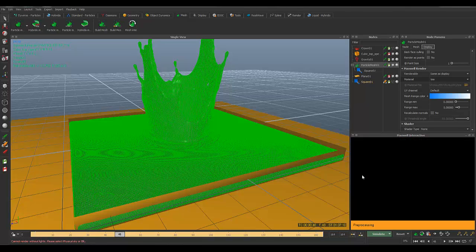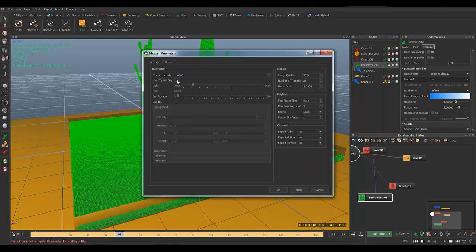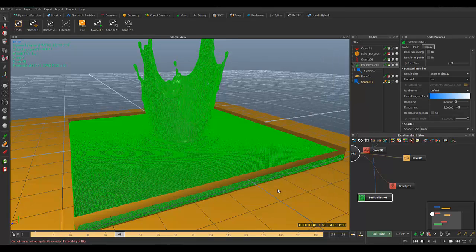Just click on that. Okay, when I apply this, it's telling me it cannot render without lights. Please select physical sky or ideal. Okay, so we are going to enable our physical sky. Click on again relationship editor and go to its render. Here you can see Maxwell settings, and go to settings and just click on this, use physical sky. Click on OK, and now click on this icon again and select Maxwell interactive,